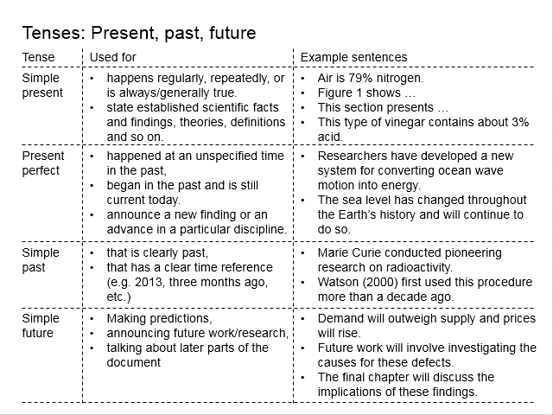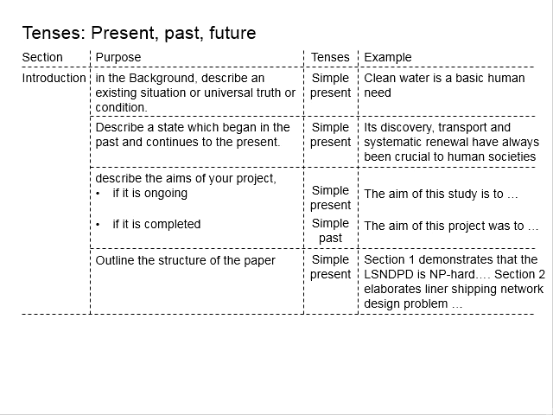In the previous videos, we mentioned the tenses that you use in technical writing, which normally appear in the forms of simple present tense, present perfect tense, simple past tense, and simple future tense. Depending on the purpose of the statement, different types of tenses are used. We also demonstrated the conditions where different types of tenses are used within different sections of the thesis or